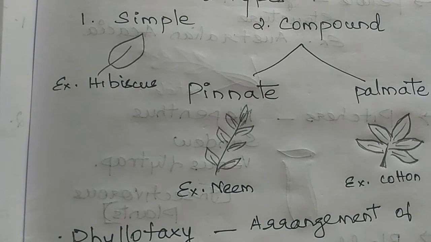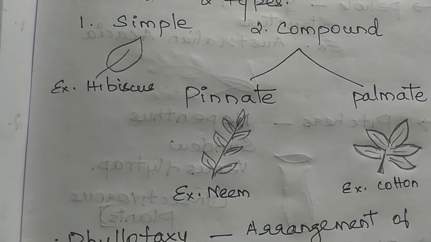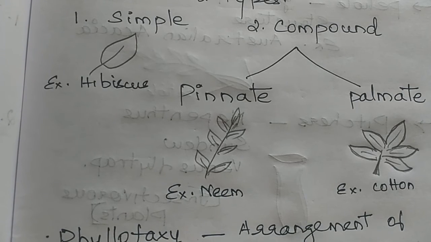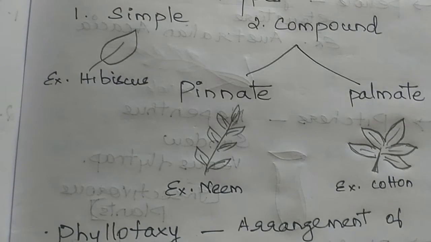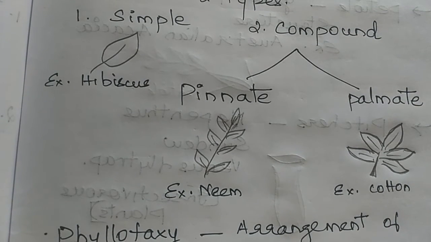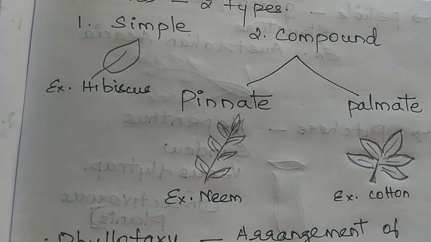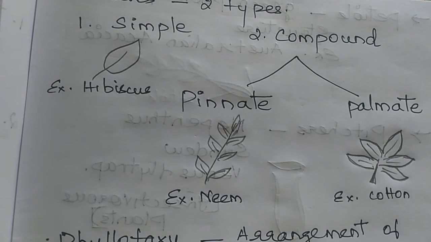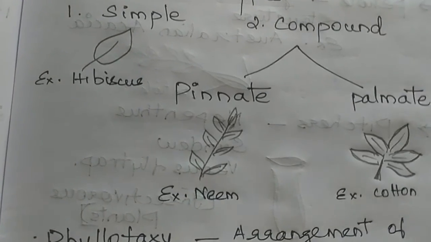And the leaves are of two types, namely simple and compound. The compound leaves are again divided into two types, namely pinnately compound and palmately compound. Pinnately compound means it has a midrib as the main rachis, and you can see in the case of neem leaves, all the leaflets are arranged sidewise on the midrib. So this is the pinnate pattern. And palmate looks like a palm. For example cotton, in the cotton plant you can see, and in papaya, all have a palm-like structure. So it is known as palmately compound leaves.